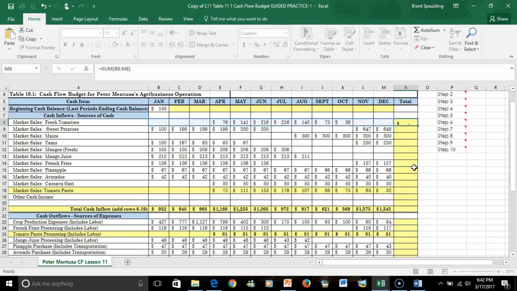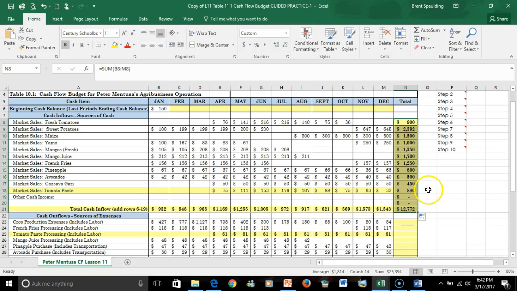Now we're going to go ahead and click on our enter key, and now we're going to copy this all the way down, our formula for row 8. I'm going to copy that all the way down, clear down now to row 21. And now that gives us all of our values all the way through, and we should find that this is actually summing all of these across here. If we were to sum these values here, they should be equal to